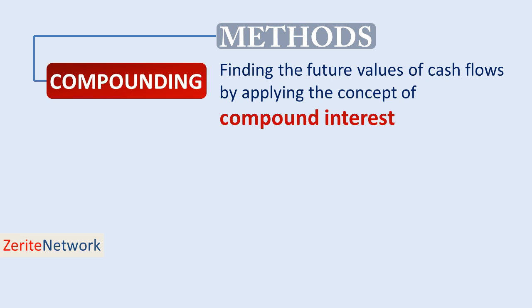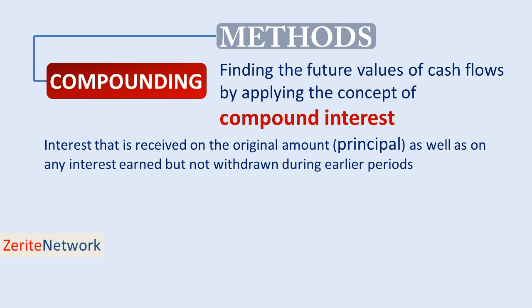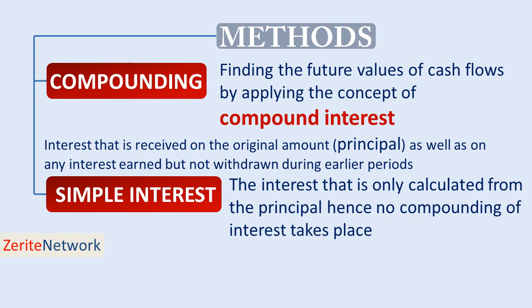compound interest. Compound interest is the interest that is received on the original amount, that is the principal, as well as on the interest earned but not withdrawn during the earlier periods. Number two, simple interest. This is the interest that is only calculated from the principal, hence no compounding of interest